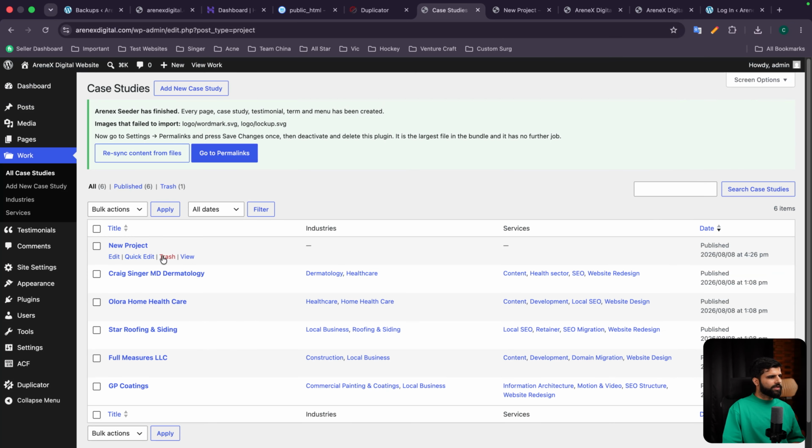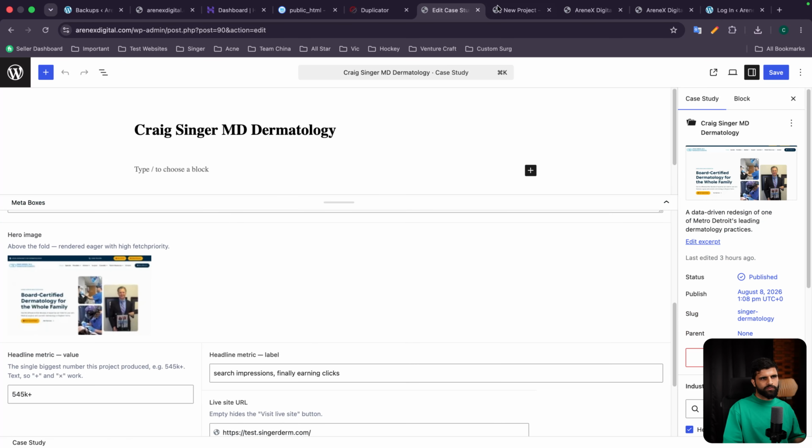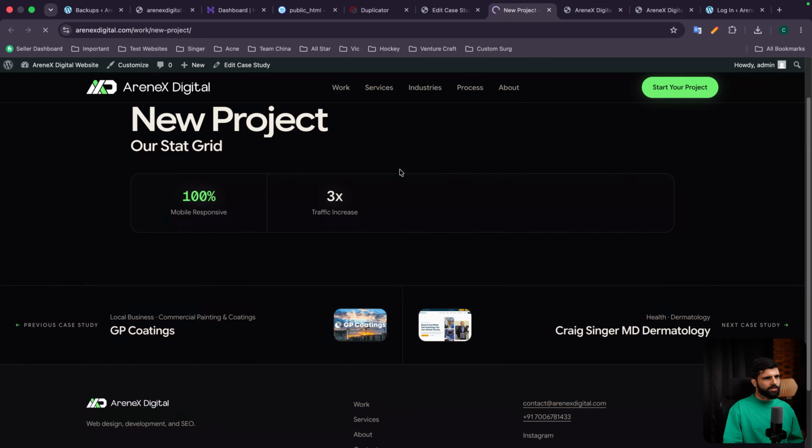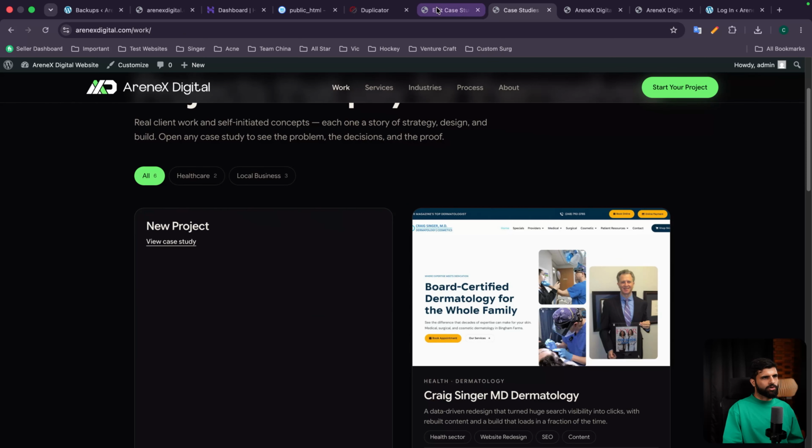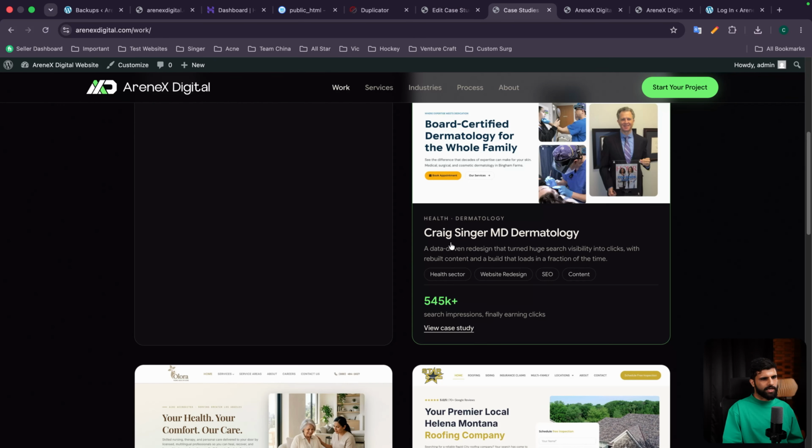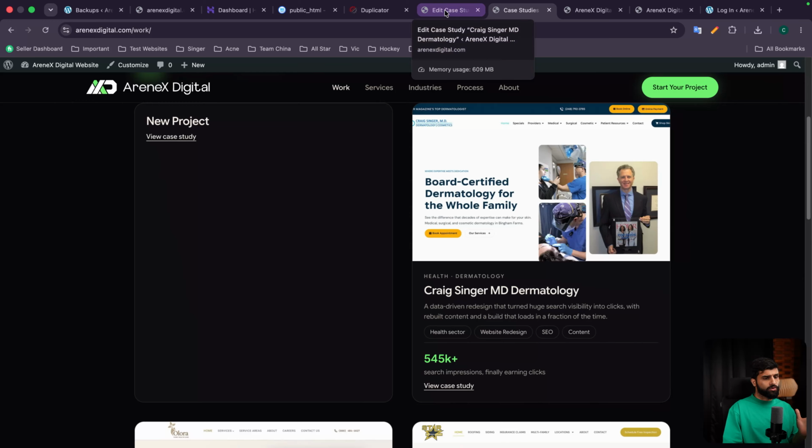And there are different ways to duplicate the project and then change the details. So it is way too easy. And if you now go to work, you will see that the new project got added. We can add the featured image and these details. So you have to check on these and get used to it, and you will be able to easily manage